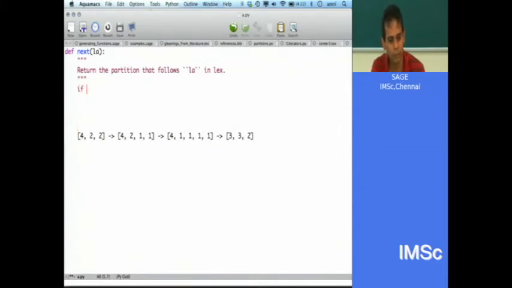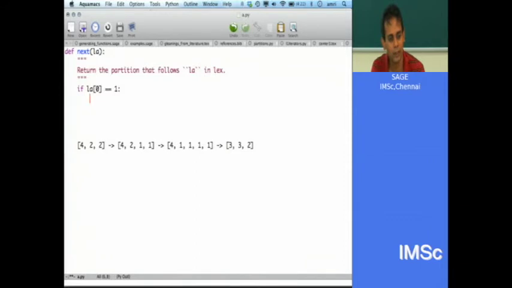If la[0] equals 1, then I would raise a value error, right: partition is the last in lex.